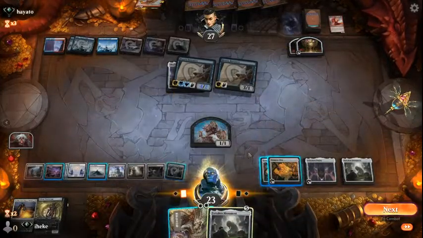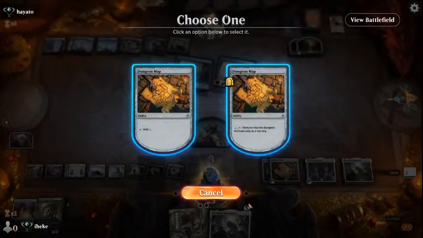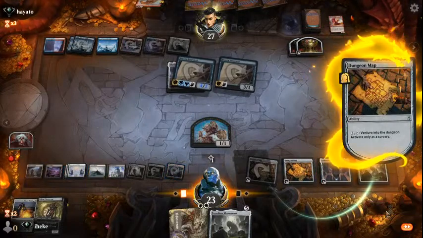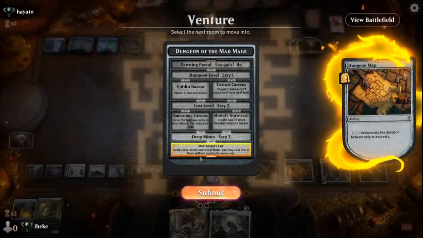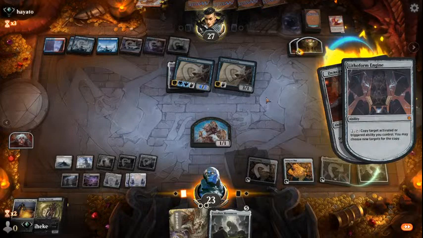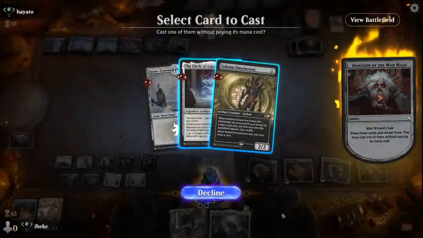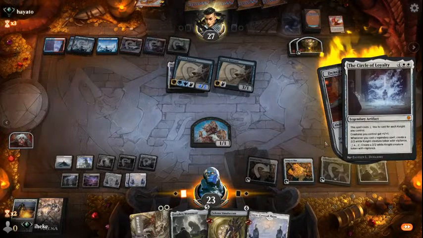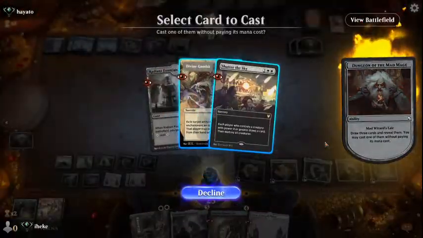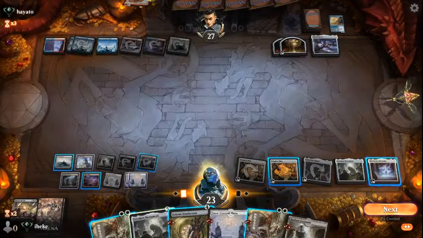So we play our Cave of the Frost Giant. We then tap this one and tap this one for 4, and then we can venture into the dungeon. Now what we want to do is we want to play 2 cards for free. So we are going to copy this twice. We want to play 2 cards for free. That's what we want to do. 1, 2, 3. So we're going to play that for free. And we've got another one coming. 1, 2, 3. We want to play that for free. Okay. And then we can...